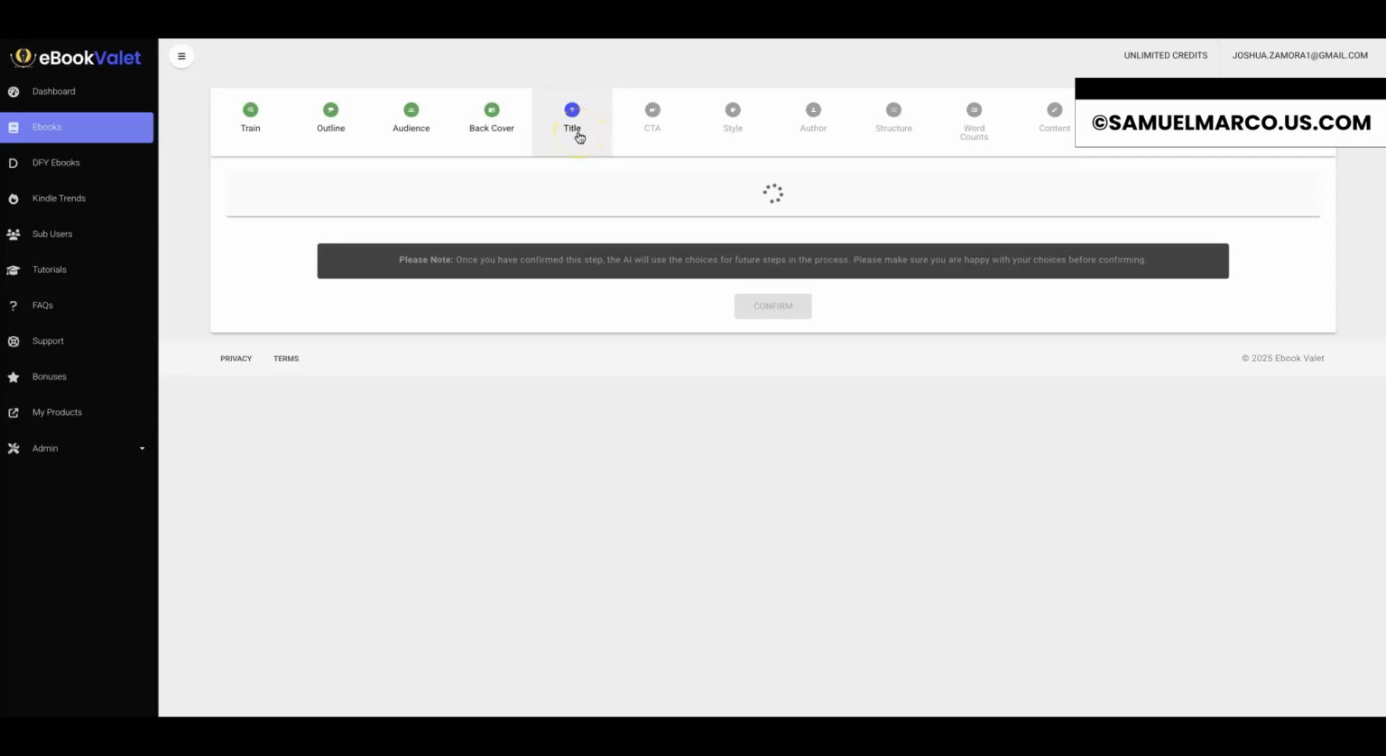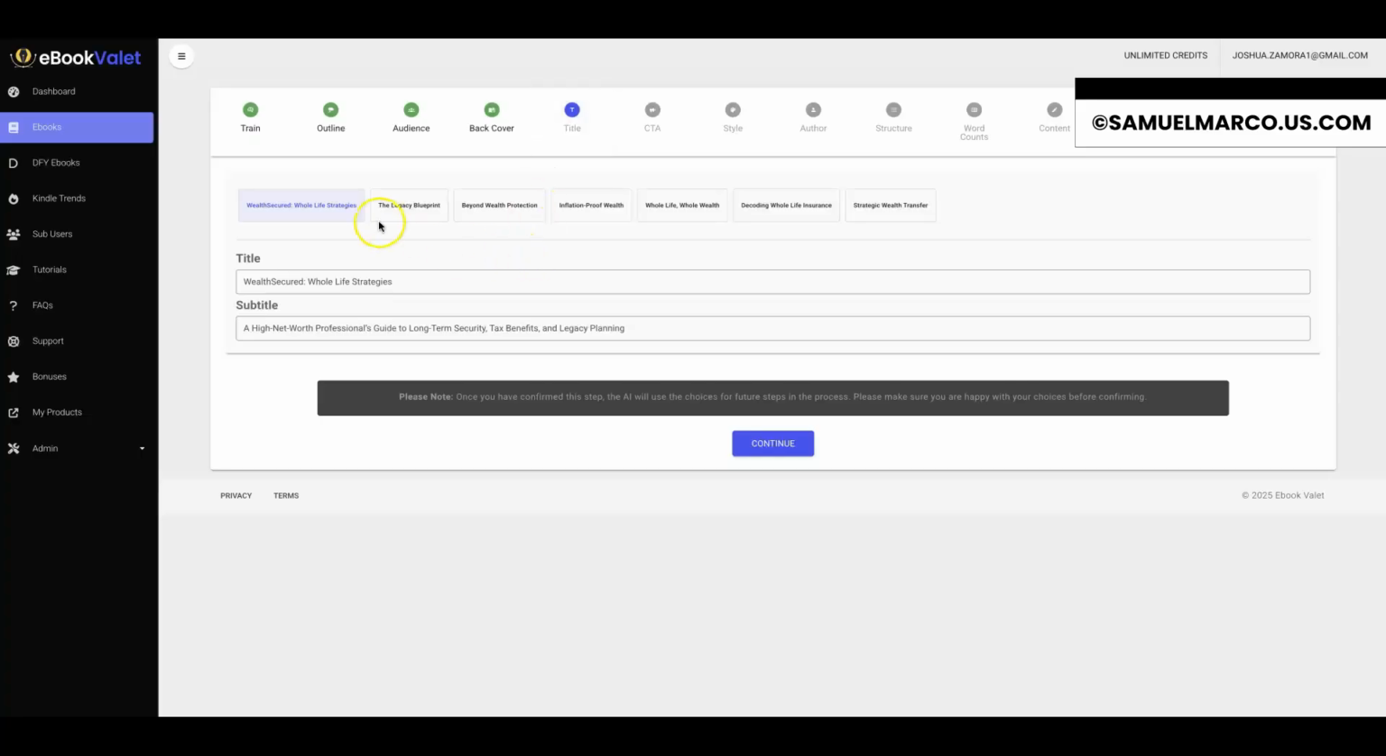Now here it is going to break down and offer me different options of a title that I would want for this particular ebook. And here we go. We have here 7 different options to choose from. Okay, so Wealth Secured, Whole Life Strategies, The Legacy Blueprint: How High Net Worth Professionals Can Leverage Whole Life Insurance to Protect and Grow Wealth Over Decades. All right, so you can click through to any one of these and pick the one that you want. I like this Legacy Blueprint one, and you can always change the actual title if you'd like. Okay, so I'll probably do something like The Whole Life Insurance Legacy Blueprint. Okay, hit continue,